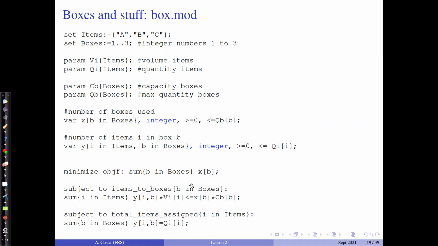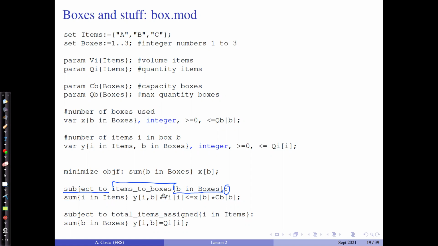And then what do we have? Well, here we have a constraint for each box. So remember this notation, when we have subject to, there is a constraint, then we have the name of the constraint. And when before this we have this expression, it means that we have one constraint for each element of the set boxes. So in this case, we have one constraint for each box. So what is the constraint saying? It's saying, look,